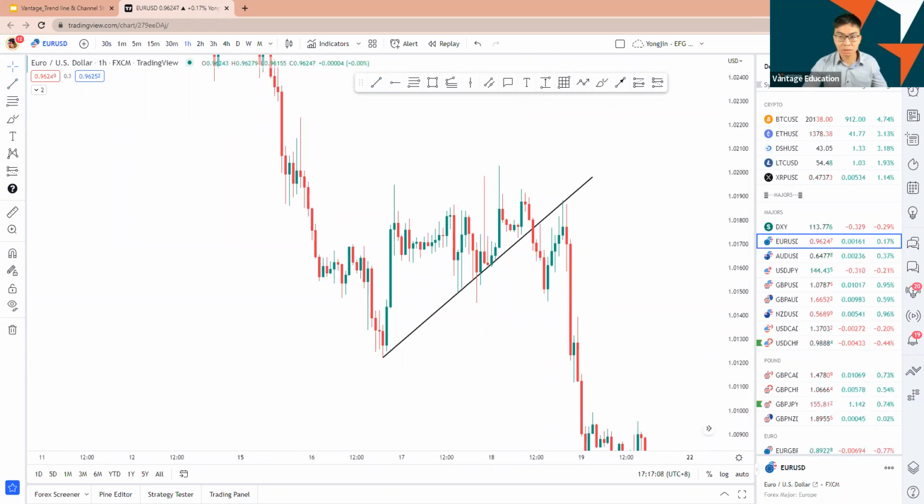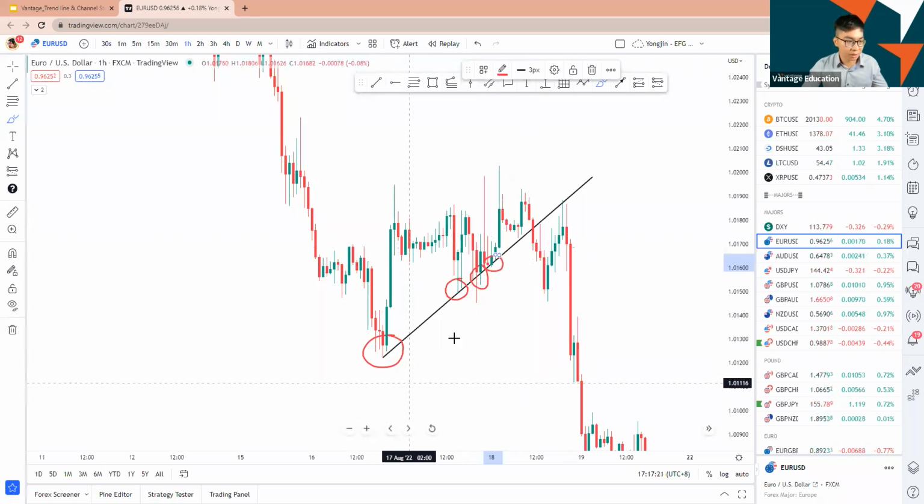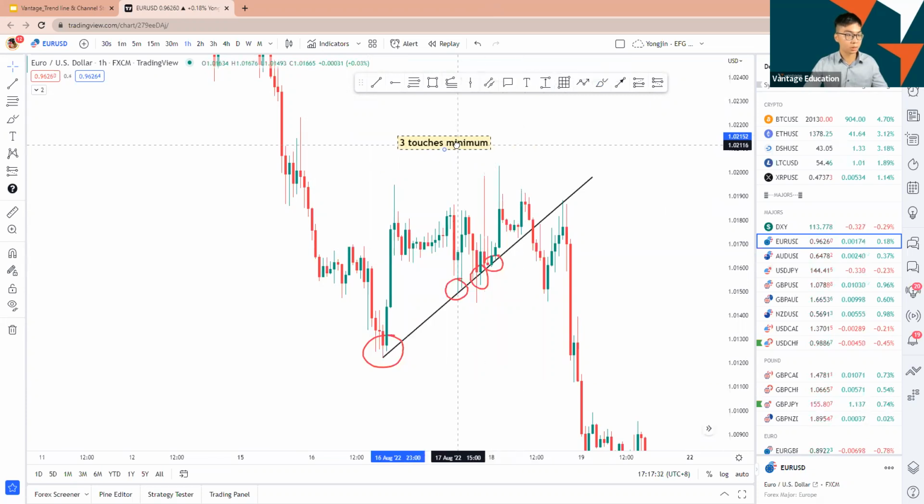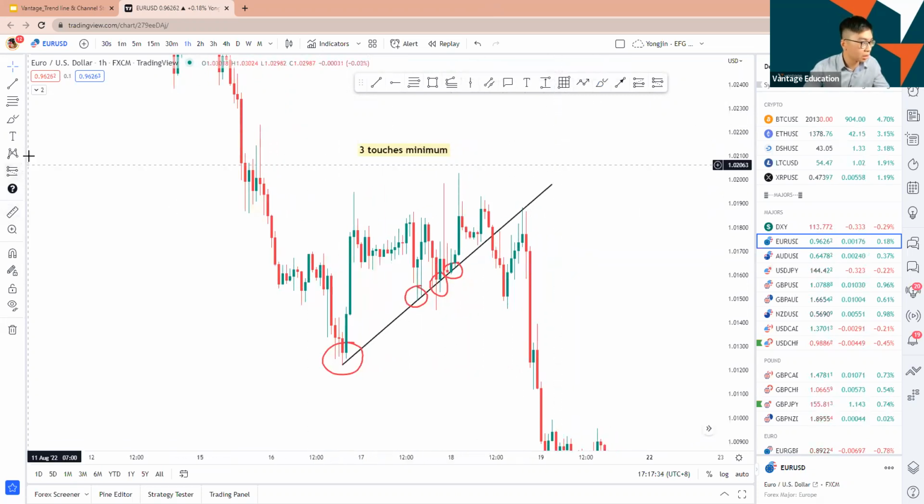I'll show you guys in a bit. I'm drawing from the wick now. 1 touch, 2 touch, 3 touch, 4 touch, and price broke. So we have a nice trend line. Just remember, 3 touches minimum. Let me make it big. 3 touches minimum. So price broke down,